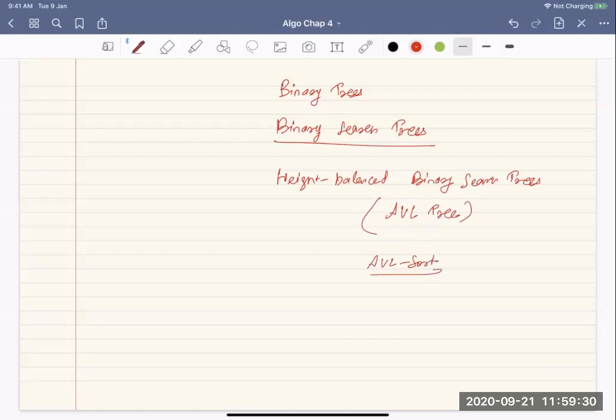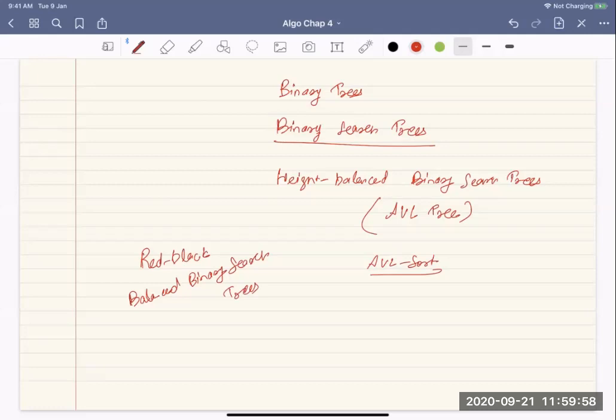So now if somebody asks you, can binary search trees be used for sorting? Yes, they can be used for sorting, but you will have to use some height balanced binary search tree. Now the AVL tree is just one family. As I said, there are red-black trees and all. There are other types of balanced binary search trees, so you can read about these. We will see if we can give some problems on that.